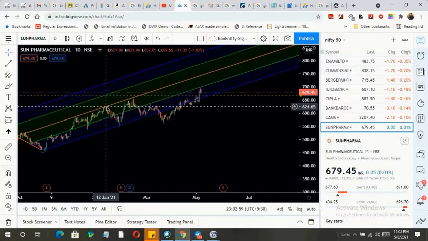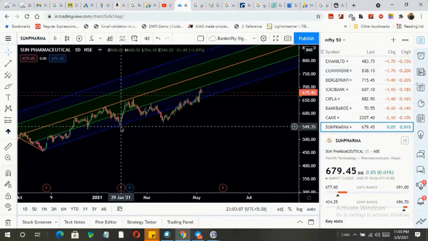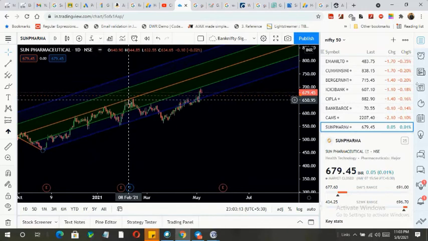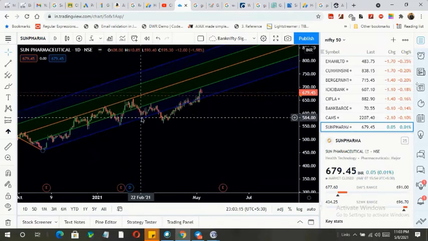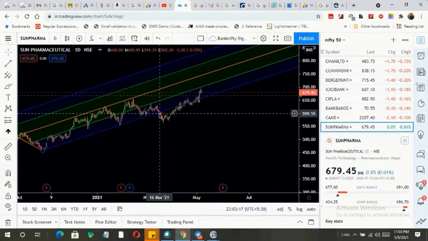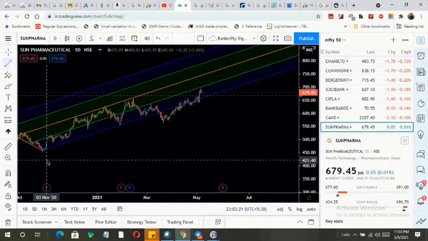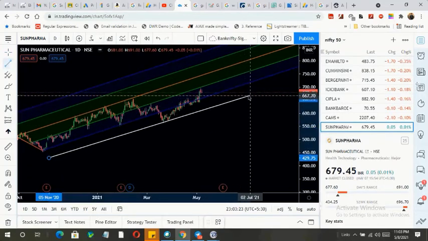Sometimes it's a north and south pole that attract each other, but when you make north and north, it will go down. From there it came down again. Okay, so this time it came back here, but again took the support, again attracted, and it went up, then came down, went up. Then here you see the breaking level, and if you draw one line here, a parallel line, the same